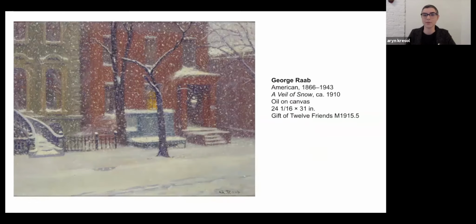And George Robb worked as the curator at the Leighton Art Gallery from 1902 until 1922. All were formative influences on generations of Milwaukeeans. The buildings pictured in Robb's A Veil of Snow are from the 700 block of North Jefferson Street, which was then across from the old Milwaukee Art Institute building and beside the old Leighton Art Gallery.